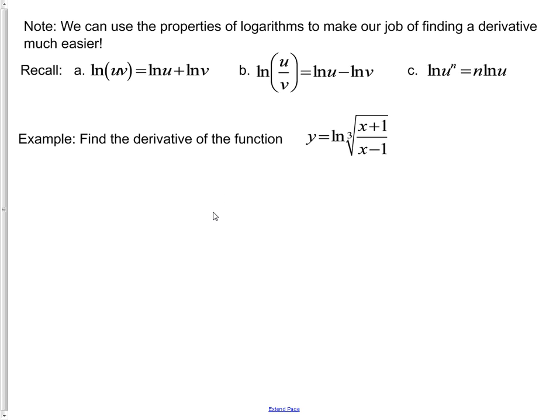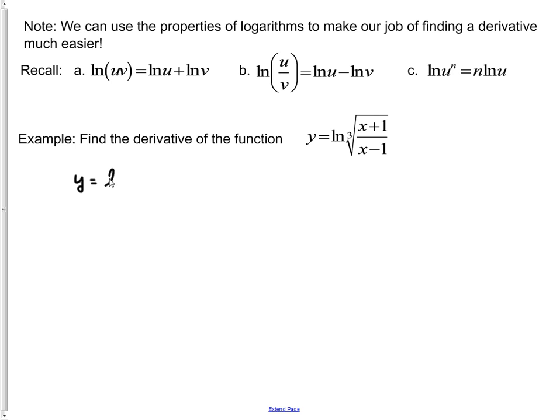Well, let's try this process again of finding the derivative of a logarithmic function by using our properties of logarithms in order to separate and rewrite our logarithm expression in a way that's a little bit more friendly towards taking our derivative. In this case, we might note that y equals the natural log of the cube root of the quantity x plus 1 over x minus 1, which I'm going to rewrite as y